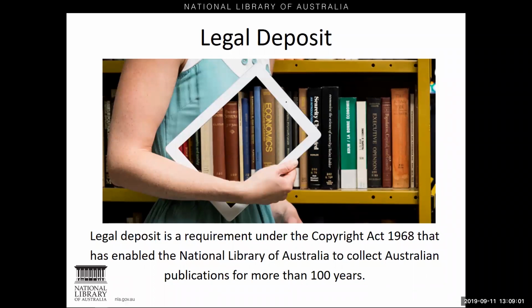So since 2016, we also have the e-deposit service where we collect electronic books, journals, magazines, newsletters, maps, sheet music and websites to preserve them for the community and future generations. And this has expanded our collection a lot more into material that we call Born Digital. So thanks to legal deposit, the National Library has a comprehensive collection of Australian material from the last 100 years.